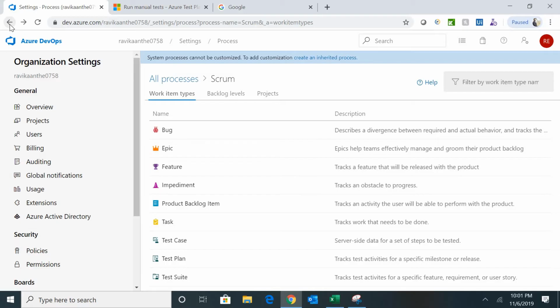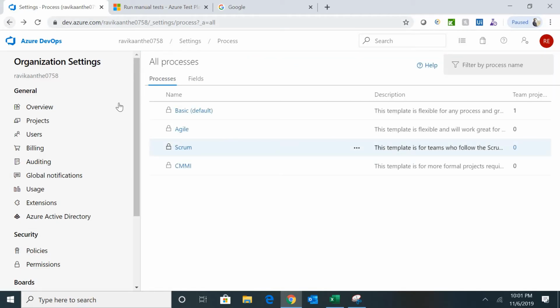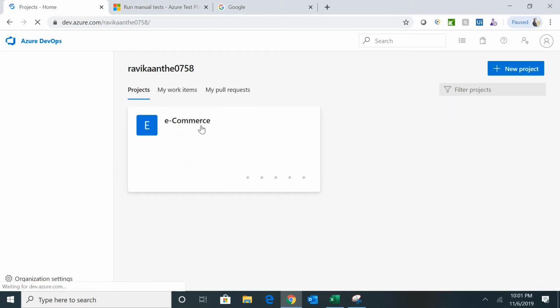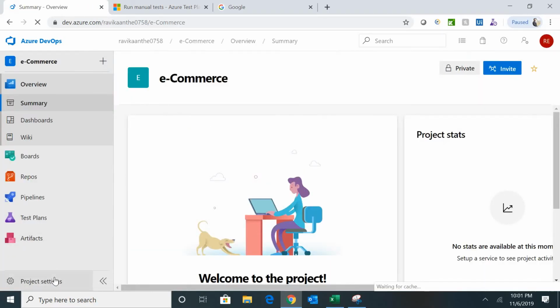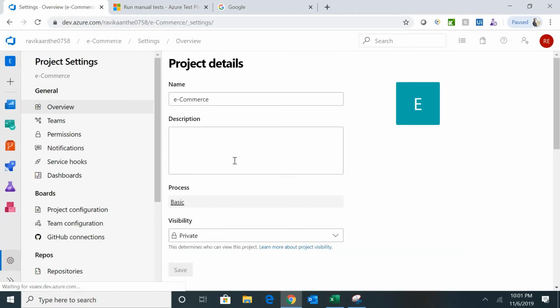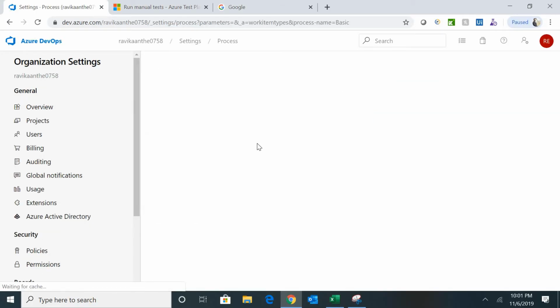Okay. So now how can we change the process of your project? Let me show it again. I'm just selecting the project again and then project settings. Now I want to operate this particular project as a Scrum process. Okay, I want to follow a Scrum process. How can we change that? Okay, so as soon as you click on basic,